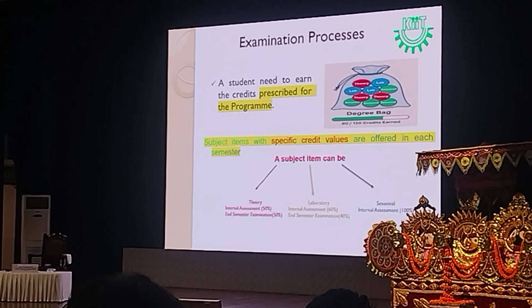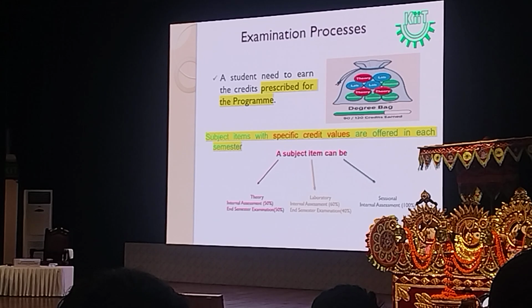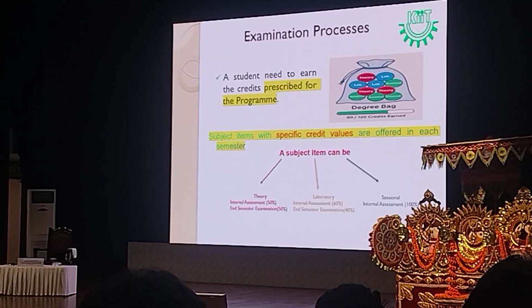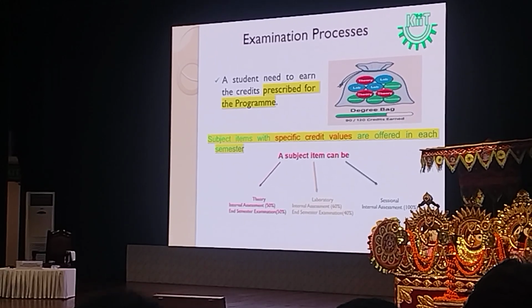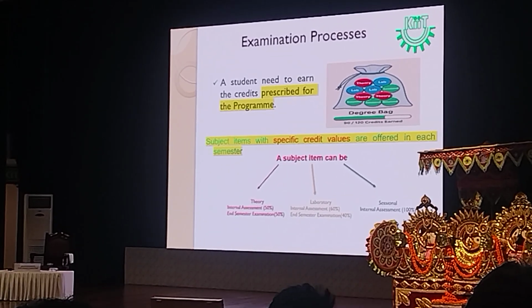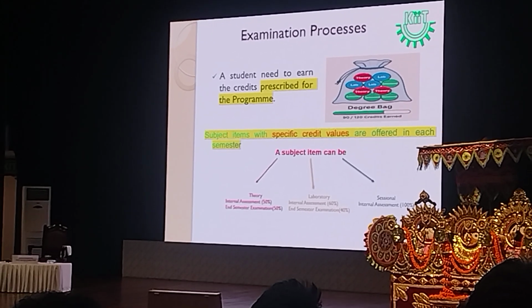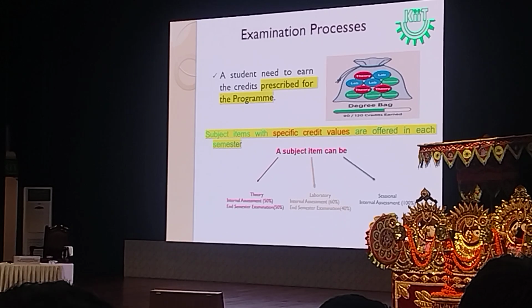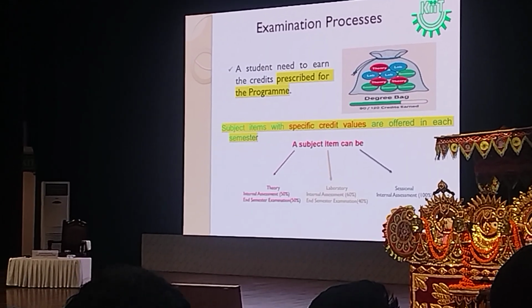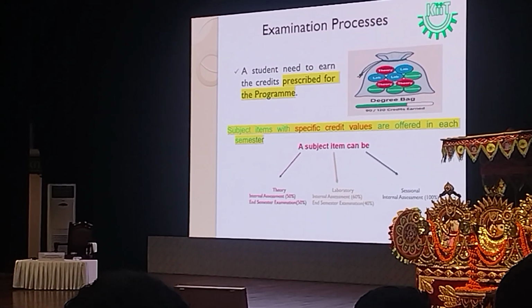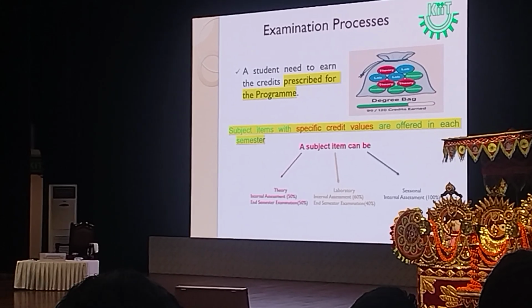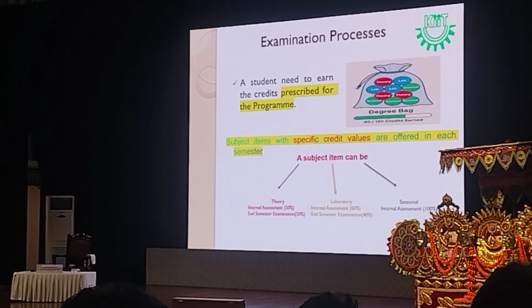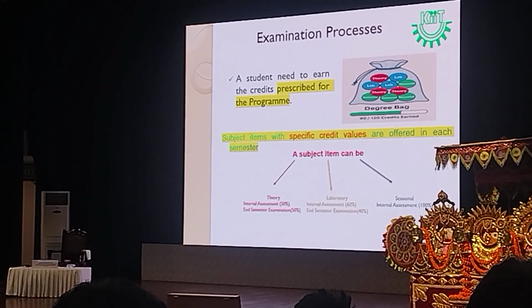We have 2 semesters in a year. We call them the autumn semester, which are the odd semesters, and the spring semester, which are the even semesters. In internal assessment, suppose a theory subject has 100 marks, 50 marks will be calculated as internal assessment. There will be a mid-semester examination in the middle of the semester. For the first semester, it will be around September. The full mark of that exam is 20 marks.